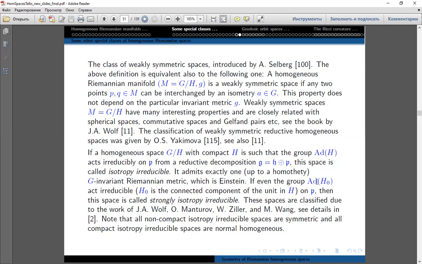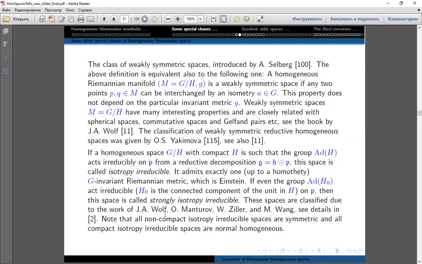If even the group H0 acts reducibly, where H0 is the connected component of the unit in H, on P, then the space is called strongly isotropy reducible. Strongly means that the connected component of the unit acts reducibly. These spaces are classified in the works of Wolf, Manturov, Ziller, and Wang, and we can find many excellent surveys